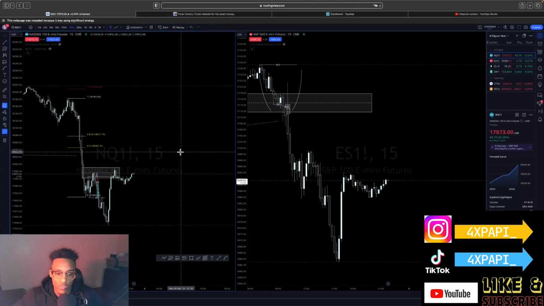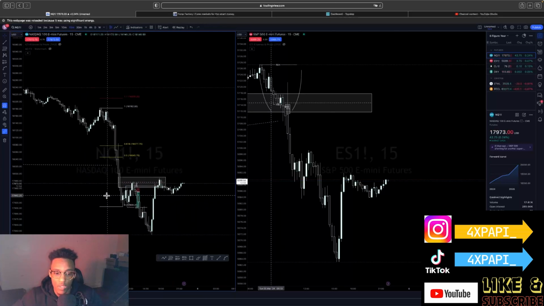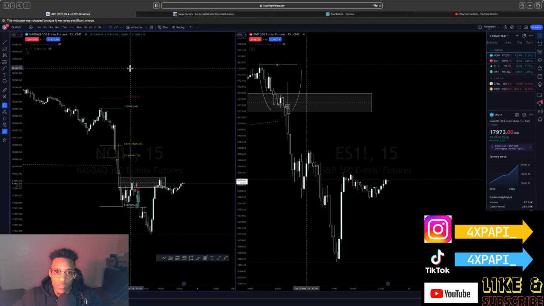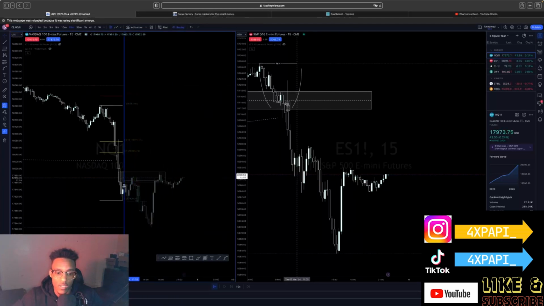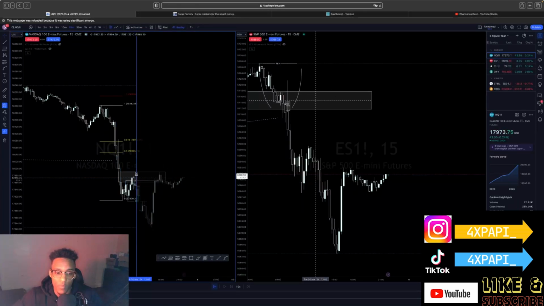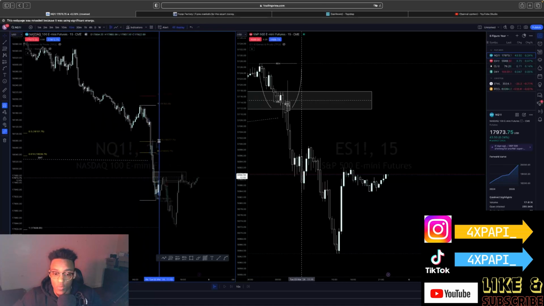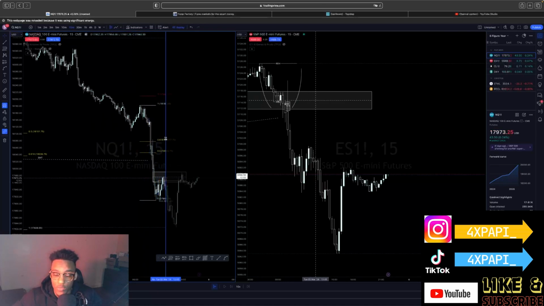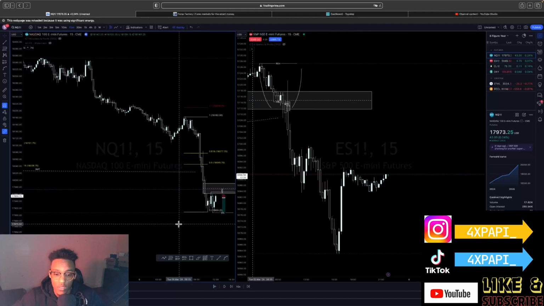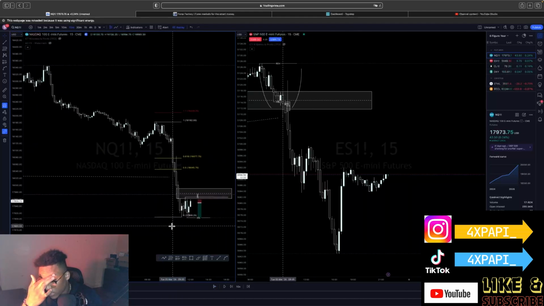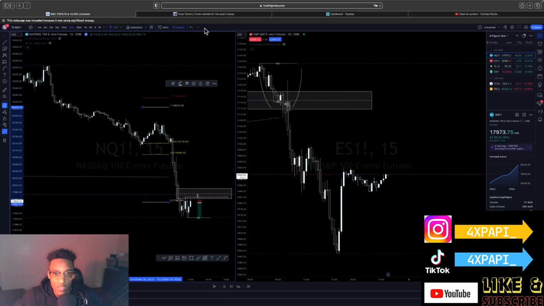So I knew where the draw was, but a higher quality trade is not going to come from down here. It would come from up here. But because of the daily profile and how hard we're pushing, we have to recognize what we're trading, which is NQ, a very volatile and fast moving instrument. So if I was just to retrace back to here, two things that turn me off from this trade is that we don't have any SMT. And then the next part about this trade is, sorry.